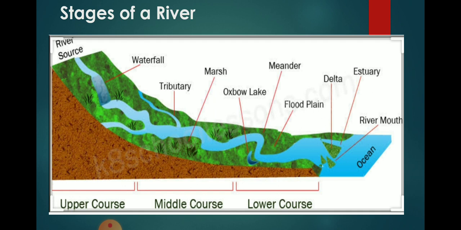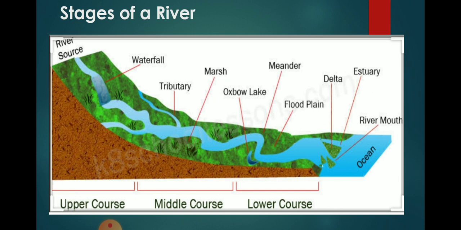Marsh, then oxbow lake, meander, all this we'll study in this part itself. So I don't want to go into detail. You can listen to that afterwards. Then floodplains, where the river deposits its sediments, and we can call floodplains the most fertile part, and the most important work of a river is to make the land fertile, that we all know. And these floodplains are very fertile and are used for agriculture.